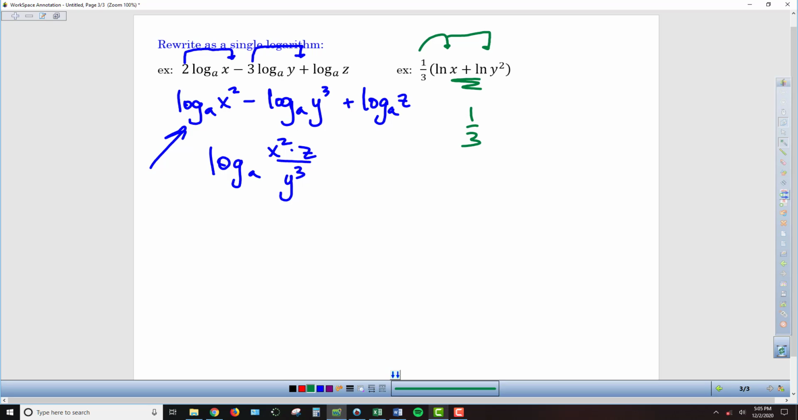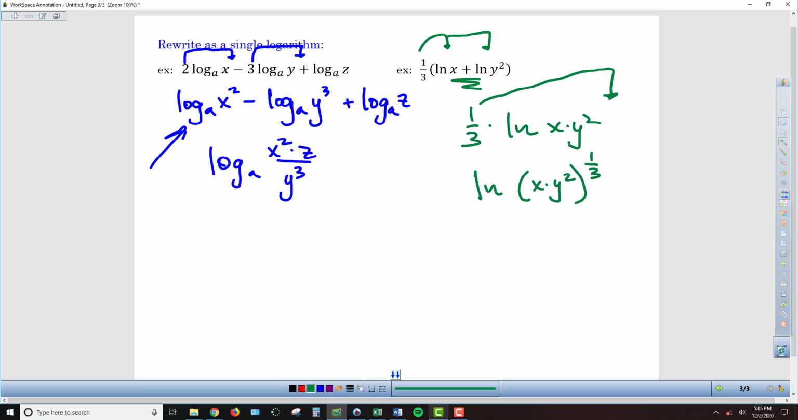So I'm going to have a 1/3 still out front, and then I'm going to combine these two logarithms inside the parentheses into a single log. And so since I'm adding those two logarithms, I'm going to take their insides and multiply them. So I have x times y squared. And now I'm going to take this 1/3 and move it to the inside. So that's going to be the natural log of x times y squared, the whole thing, raised to the 1/3